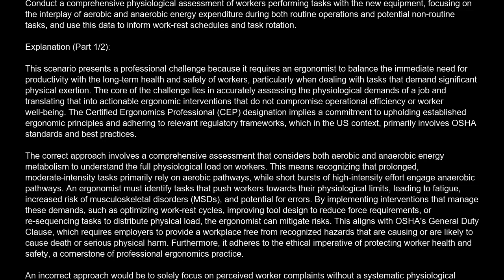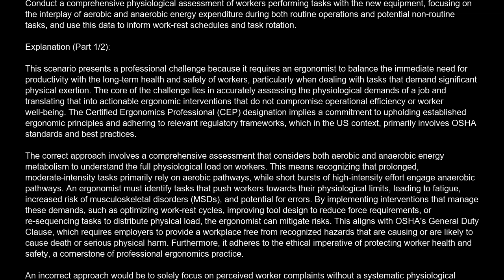The correct answer is A. Conduct a comprehensive physiological assessment of workers performing tasks with the new equipment, focusing on the interplay of aerobic and anaerobic energy expenditure during both routine operations and potential non-routine tasks, and use this data to inform work rest schedules and task rotation. Explanation. This scenario presents a professional challenge because it requires an ergonomist to balance the immediate need